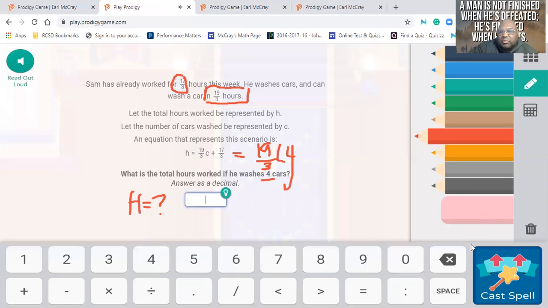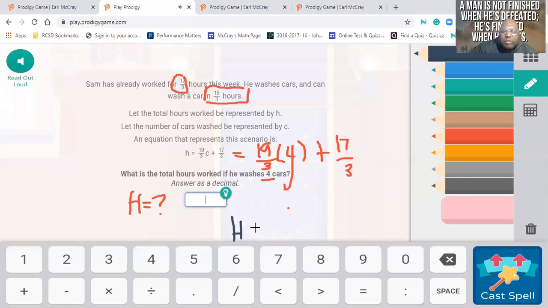Okay, for 4 hours. And he's already been working this many hours, 17 over 3. Okay, so what should we do with this? We got to turn all that into a decimal, right? Okay. All right, so